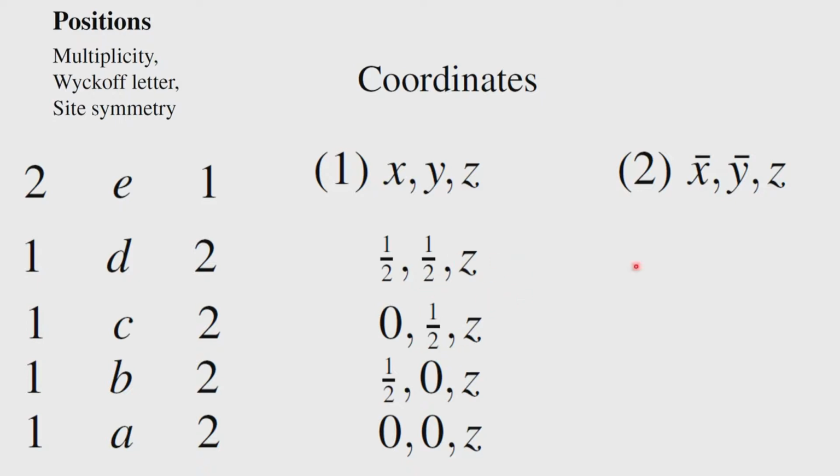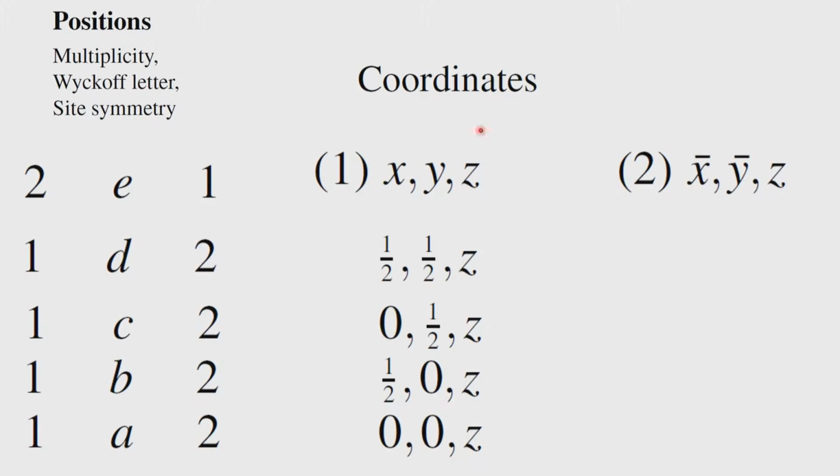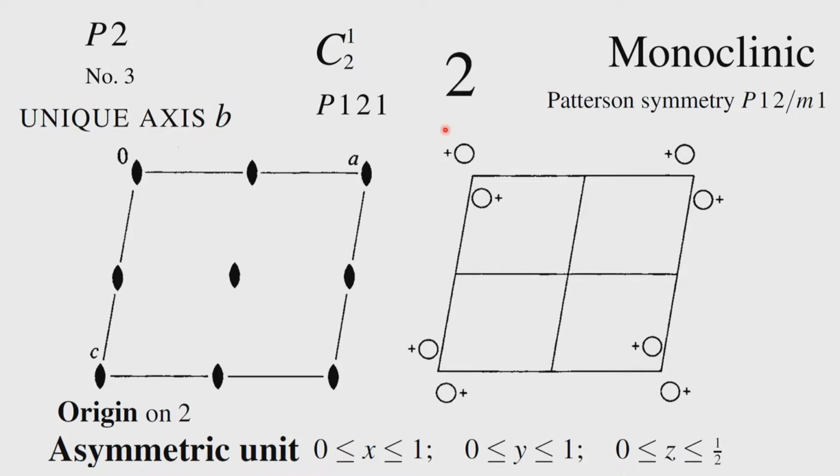So, I will correct it. This should be half y half, and 0 y half, then half y 0, and then 0 y 0. So, the 0 y 0 essentially represents this twofold. So, why that confusion came, I will explain. It came because in this representation from which we copied this equivalent position, it is not along the unique axis B, it is along the unique axis C. It so happens that while taking these various diagrams, it has come along the unique axis C.